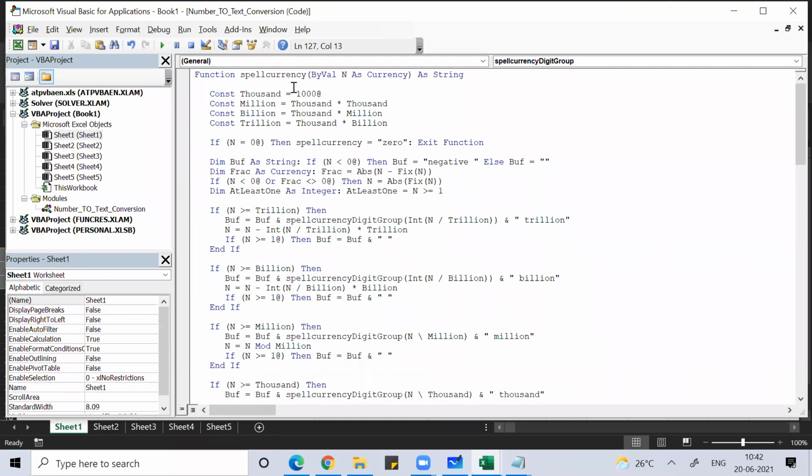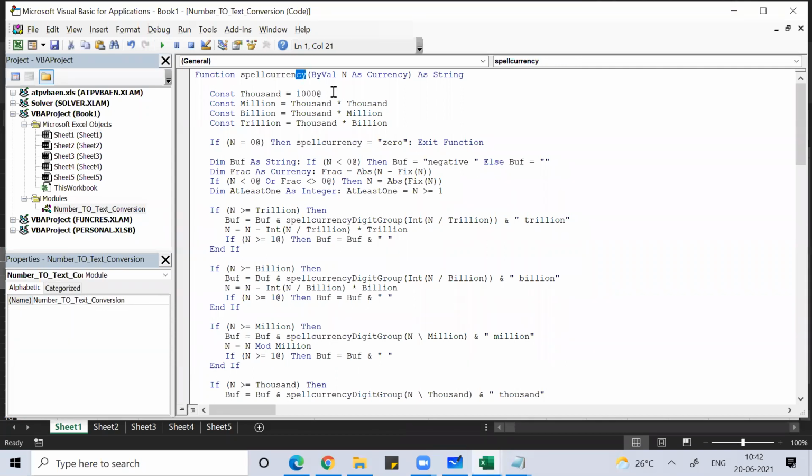Okay, so what I can do, guys, I can just copy this function, the name was creating confusion. When I read the word spell currency, I was under the impression that it's talking about conversion in terms of currency, but it's actually converting in terms of number.